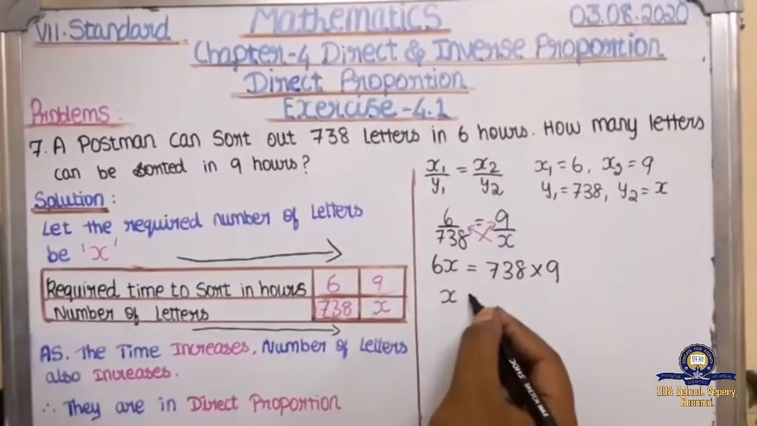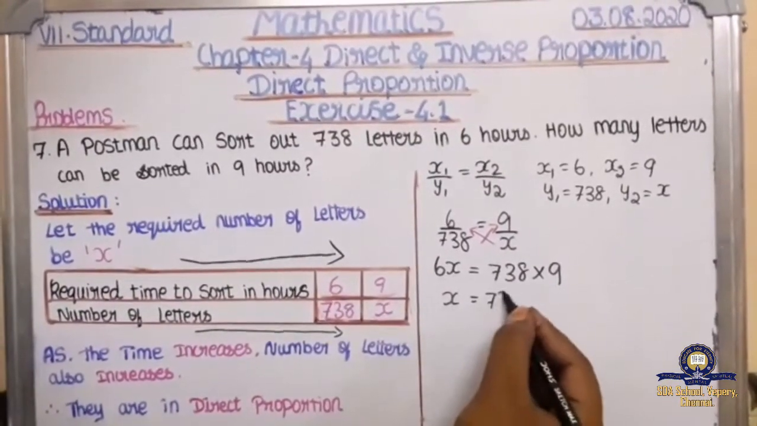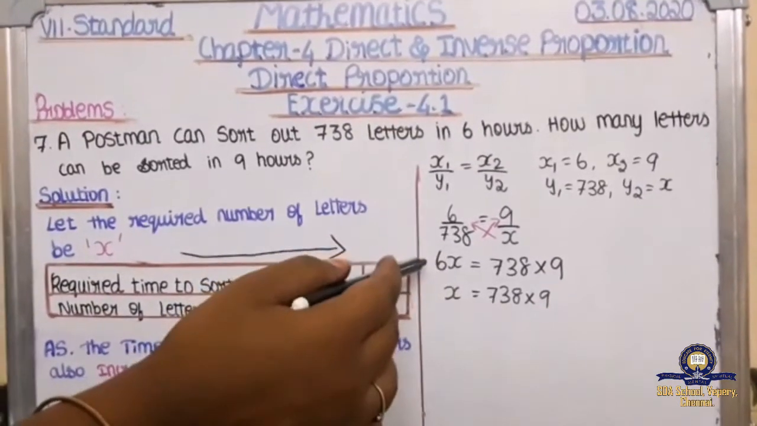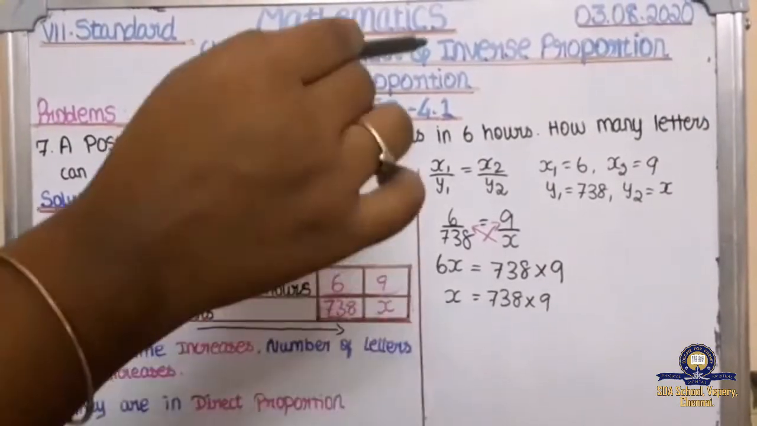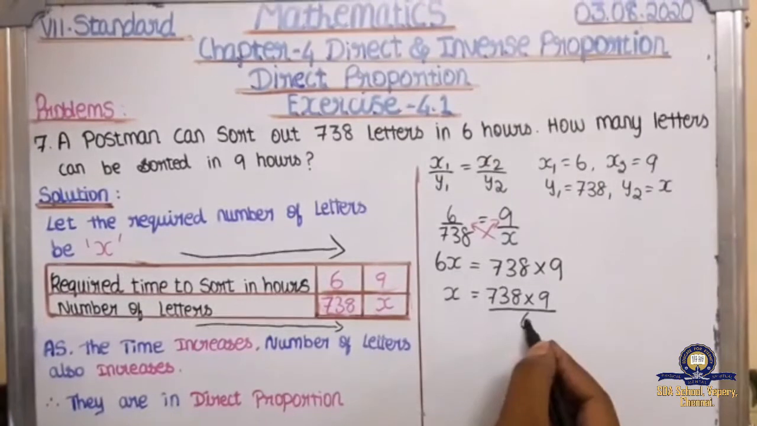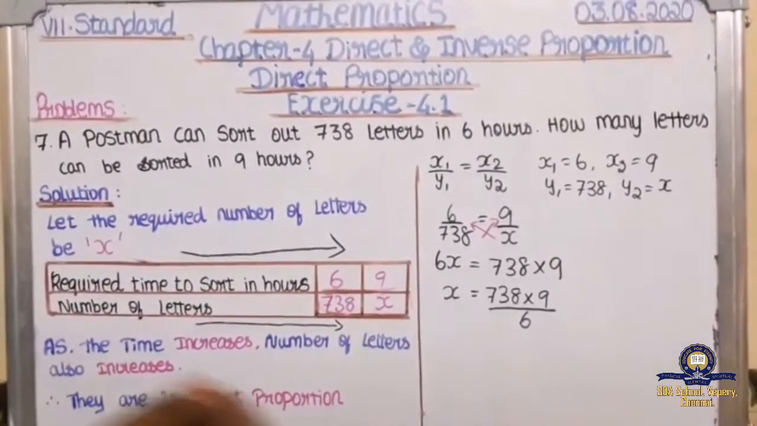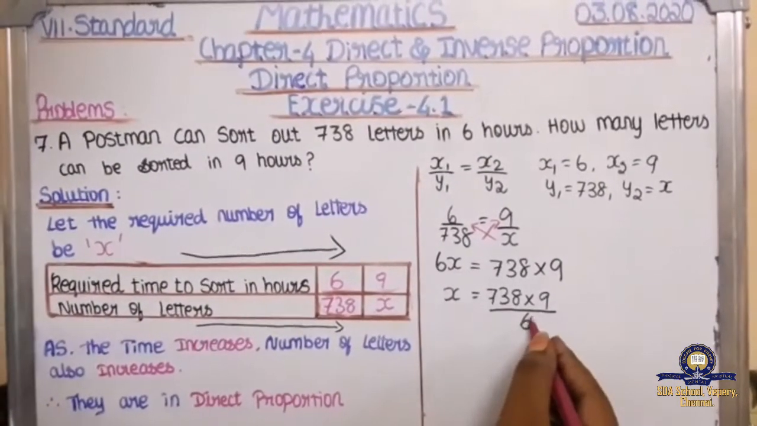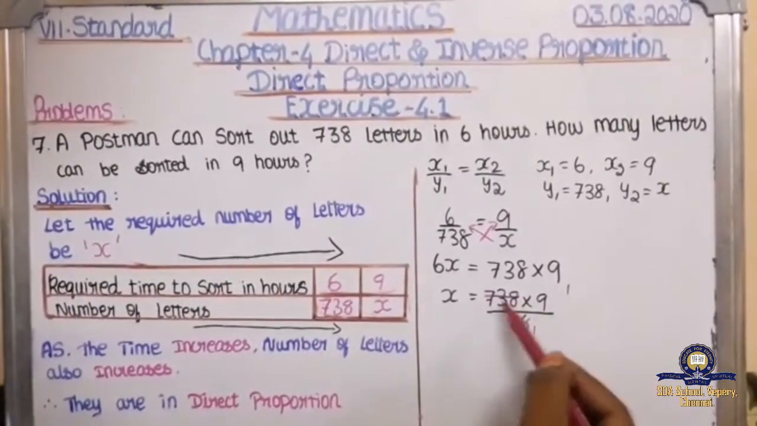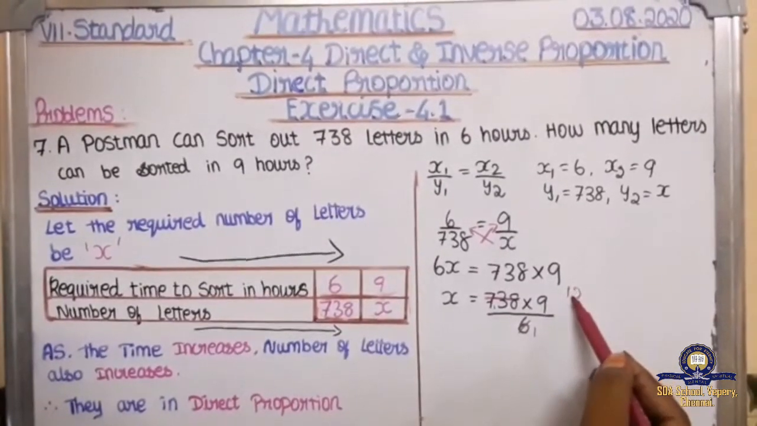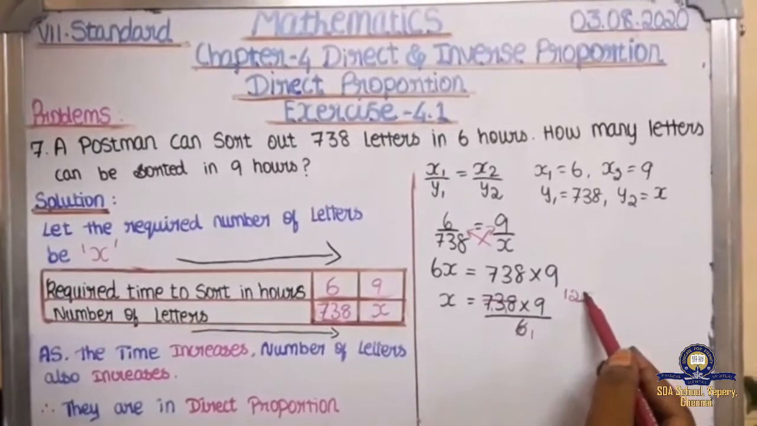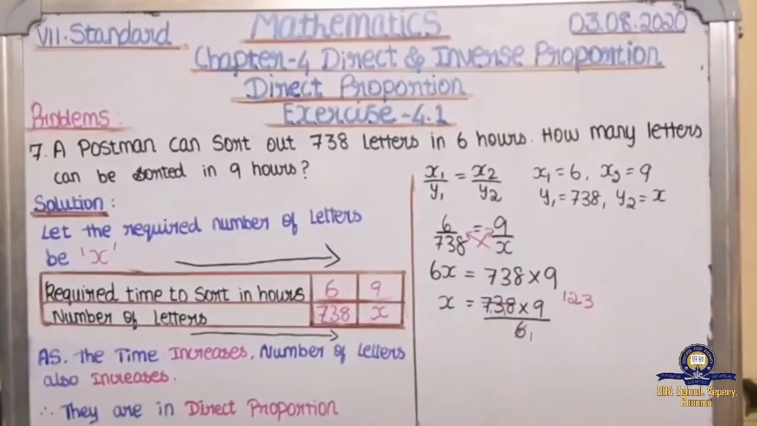So keep x on the right hand side. Now write it as it is. 738 into 9. Now 6 in the multiplication of the RHS side goes to the other side. It will become divide. Now we cancel this value. 1 6 is 6. Here 1 6 is 6. Remaining 1. 6 2s are 12. Remaining 1. But 6 3s are 18. Therefore,